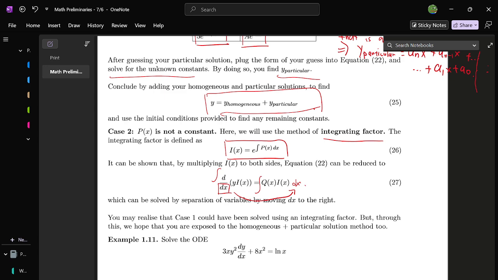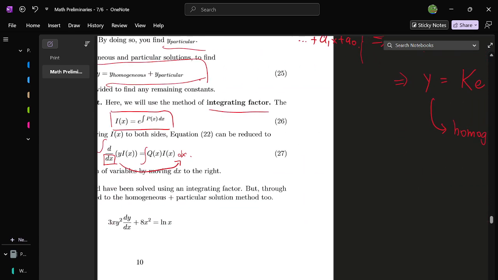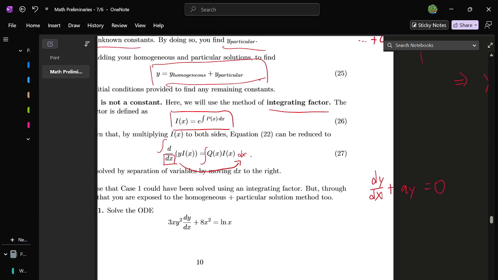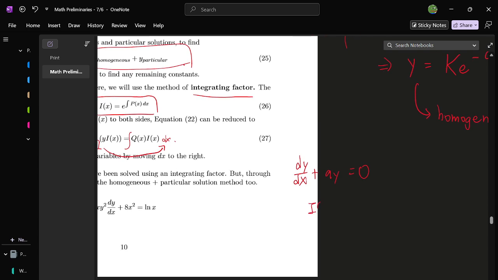And once you do that, you are essentially almost done. You just have to rearrange it a little. So you might have realized that case one, where we treated p(x) as a constant, where we had this. Now you might think that there's no difference with case two because your integrating factor here